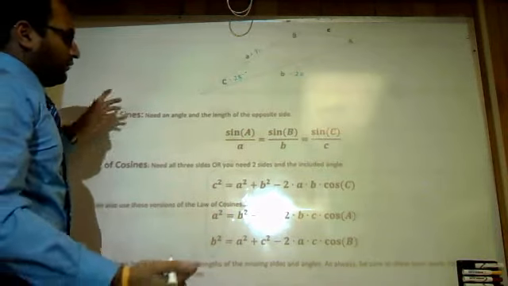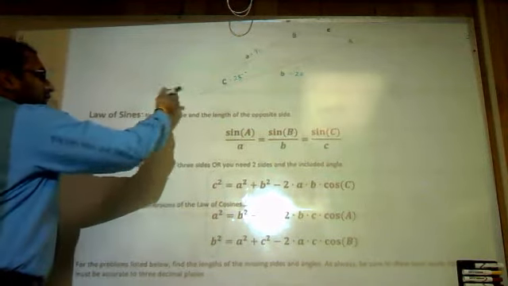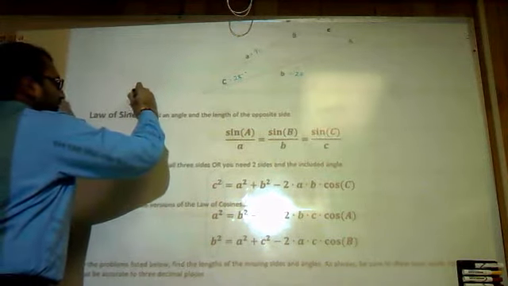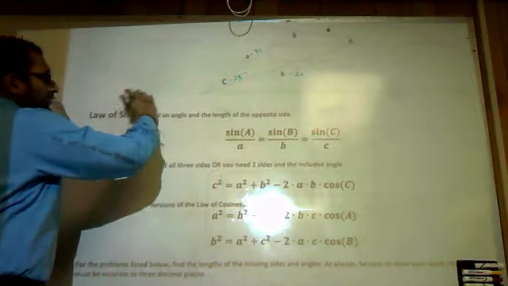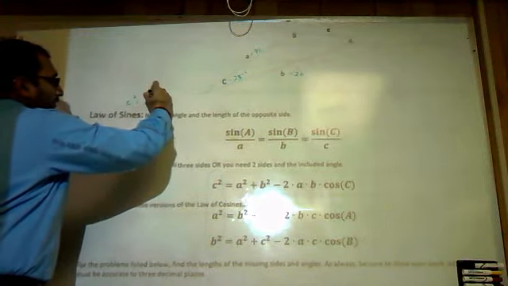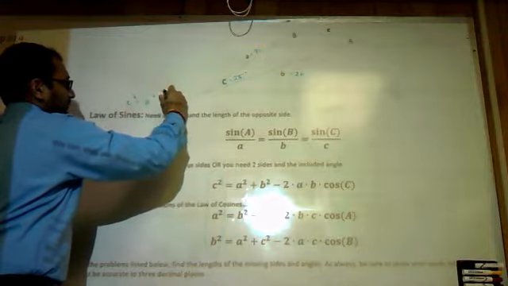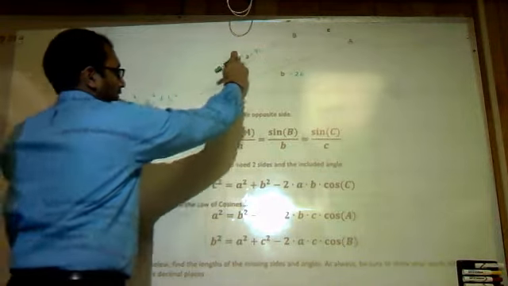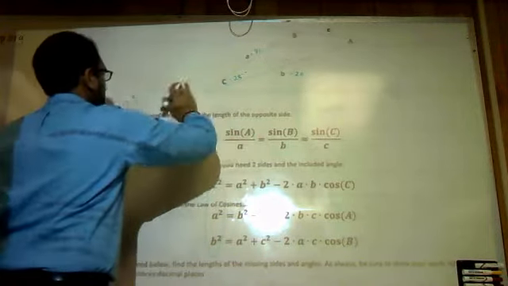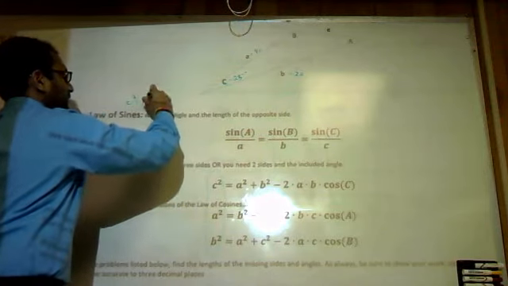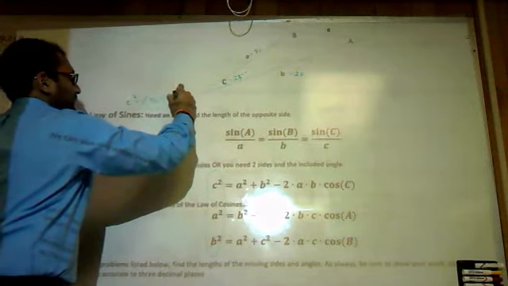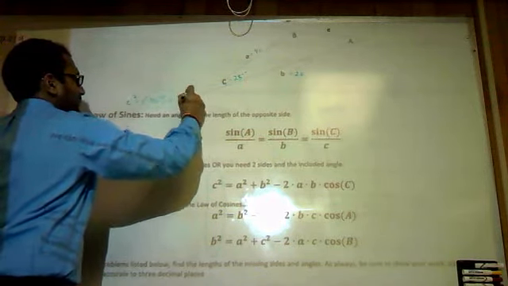That side could be any of these letters. Let's say it's letter C, so C squared is what I'm looking for, and that is equal to A squared plus B squared. These are both of the sides, so I'm going to go ahead and plug those in: 40 squared plus 20 squared